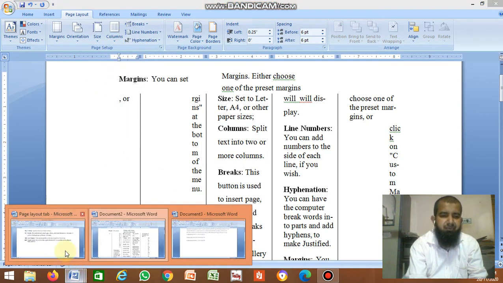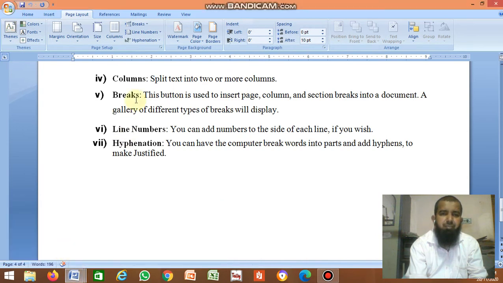Next, Breaks. This button is used to insert page, column and section breaks into a document. A gallery of different types of breaks will display. If you want to use a page break, column or section break, you can select the Break option.